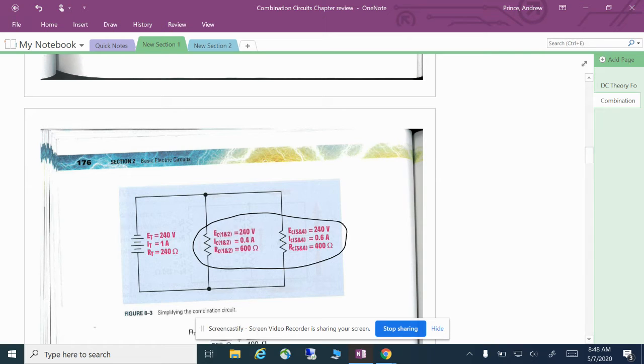So now that all we have is 2 resistors in parallel, if we plug that into our formula, all we have to do is this. So we're just plugging this value in and this value in here and here. Now again, these aren't real resistors, so these values here don't really do a whole lot for us, but they do let us break the circuit down so we can start solving this stuff. So once we get to that point,